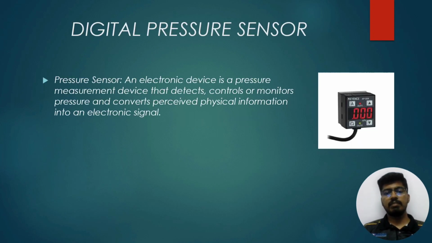I'm going to explain the sensor and actuator operation for this potato chip manufacturing process. Firstly, the digital pressure sensor is an electronic pressure measurement device that detects, controls or monitors pressure and converts physical information into an electronic signal. These types of sensors are used to measure the water pressure in the uncooked potato washing process,